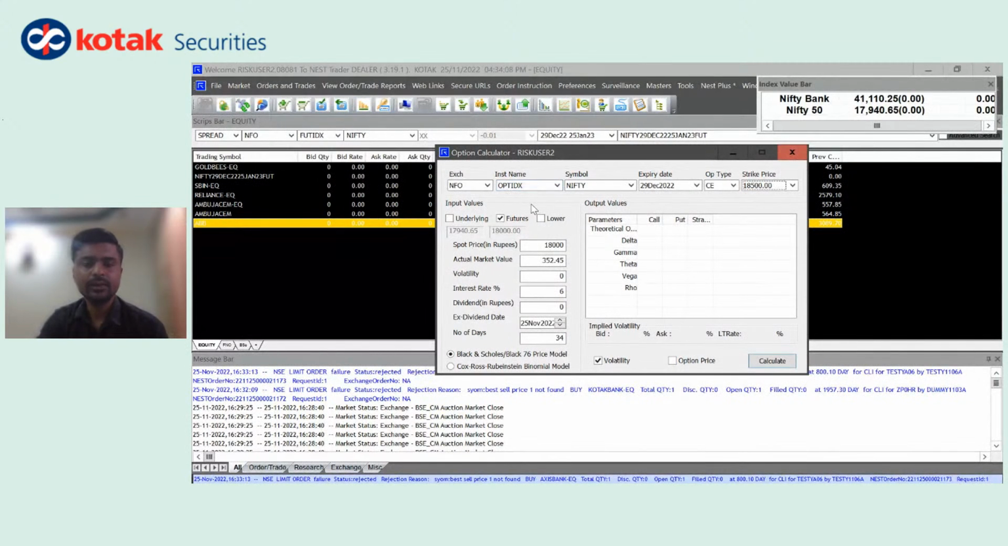So a few fields you need to enter your details, like the IV values you want based on the underlying or the futures price or lower. So both options are available. Here, if you have selected futures,